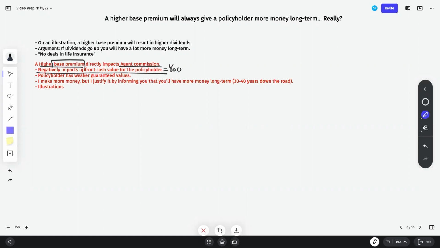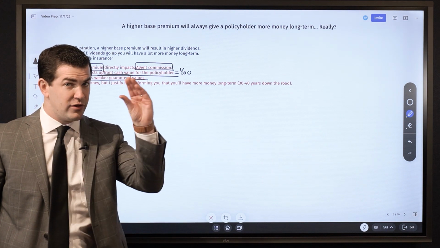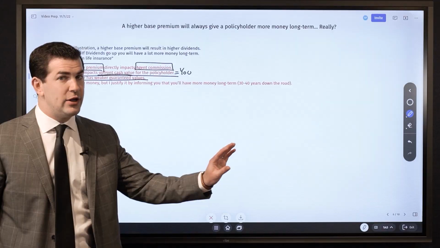So if we stop there, what do we have so far? A high base premium pays me more and gives you less upfront. That's step one. Number two, a policyholder has weaker guaranteed values. So if you go with a higher base premium, you will see less in guaranteed cash value compared to what you would see in a policy where you have a lower base premium and more money going toward the PUA